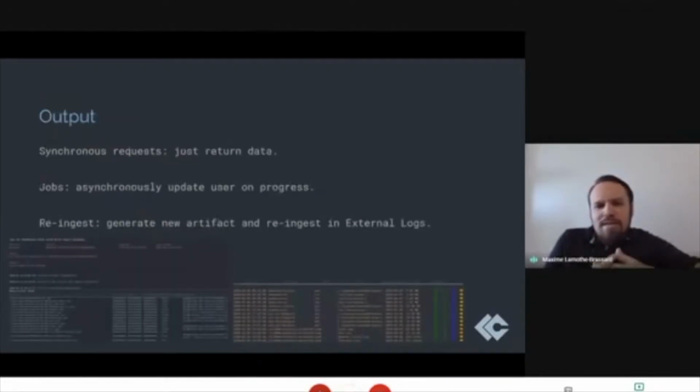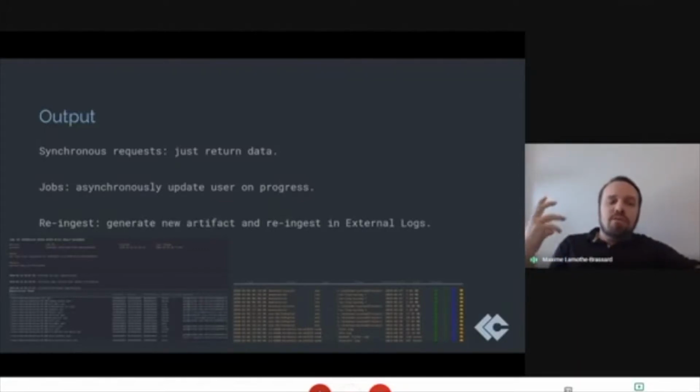So finally, the output. It's probably not the greatest name. Really, what we're talking about here is giving feedback, right? It's great to have this custom logic that does stuff based on LimaCharlie things happening, but you want to be able to give feedback to those organizations, to those subscribers, to whatever is going on. Maybe it's a product that you're building on top of services, and you need to give feedback to your users. So the main ways to do this, there's threefold. First of all, if it's a synchronous request, you can just return data to the user, and that'll be very easy.